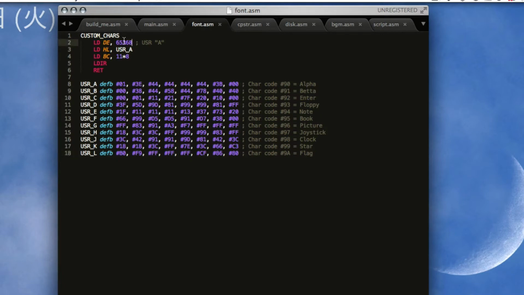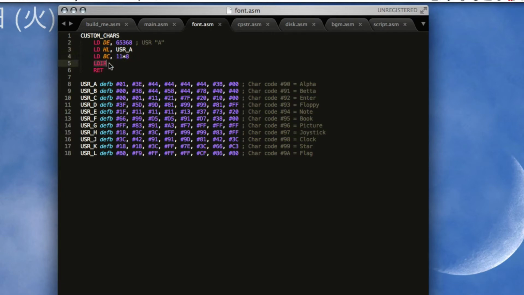So we are starting at 65368, that's the location of the A character in the custom character area, and we load HL with the address of our first character. Then we load BC with 11 by 8,